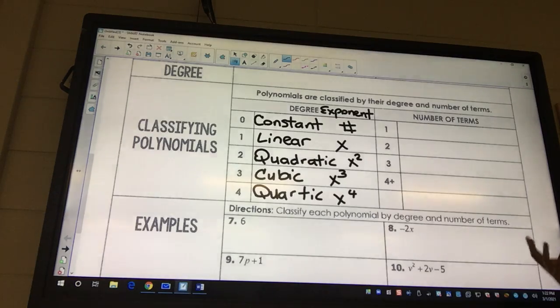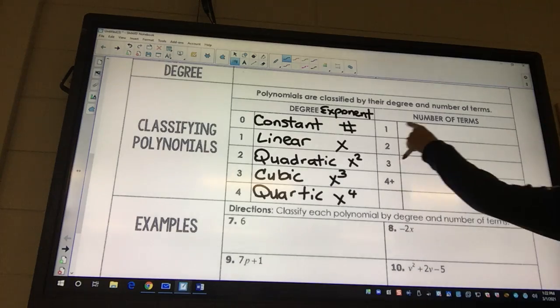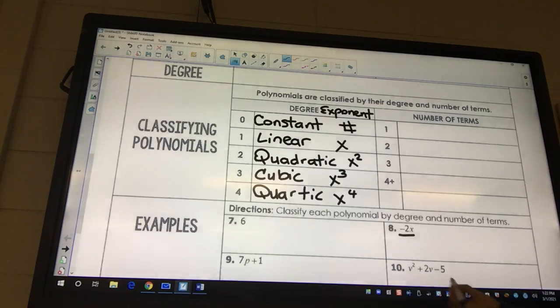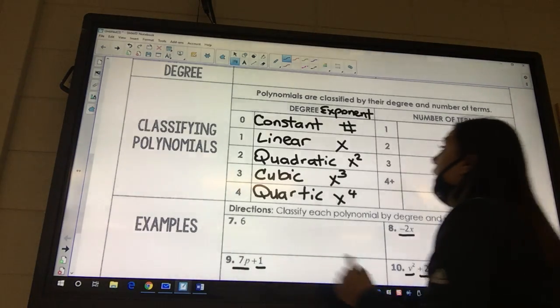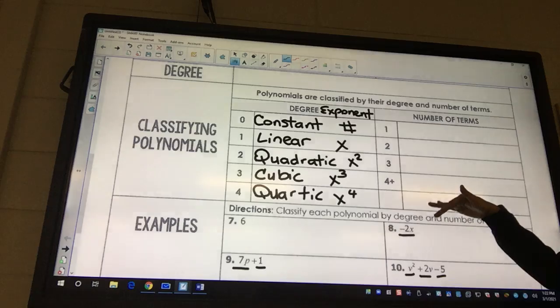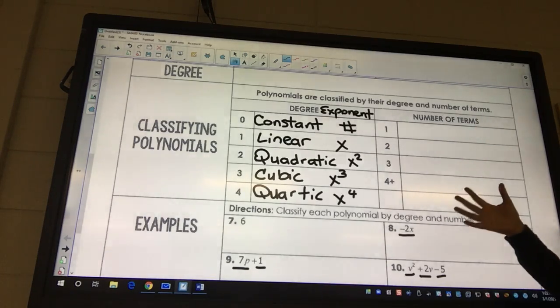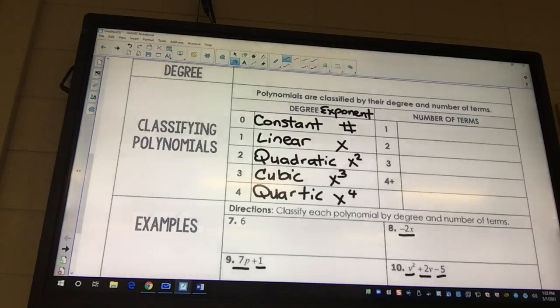Okay, the number of terms, and I want you to look up here just in a minute just to see what I'm talking about, because I have a really hard time writing out what I'm saying, and so hopefully it makes sense. So when we talk about the number of terms, if you look at this one, it has 1 term. This one has 3 terms, 1, 2, 3. This one has 2 terms, 1, 2. And so when we're talking about the number of terms, that's what I'm talking about. I don't really know a way to explain that other than the number of terms. So if there's some other word that you can use to remember the number of terms, by all